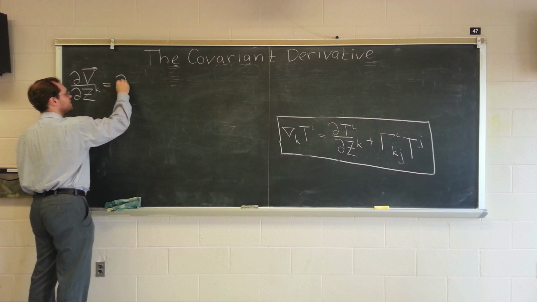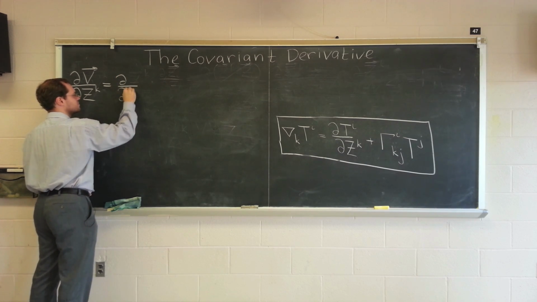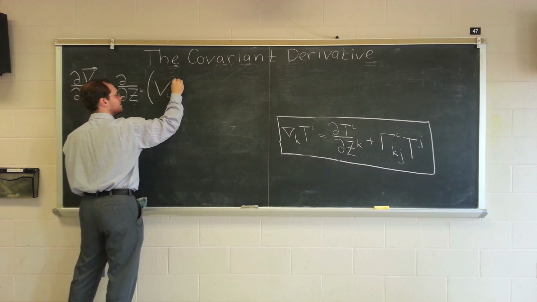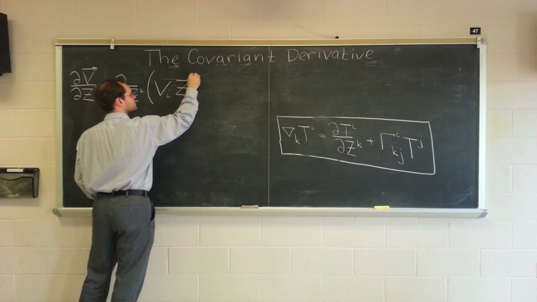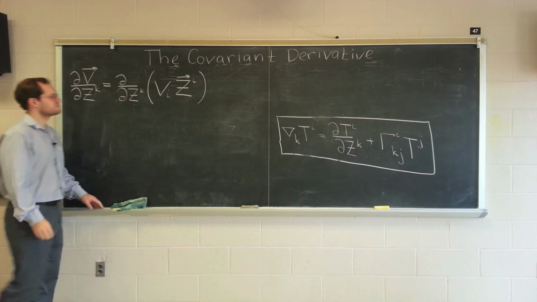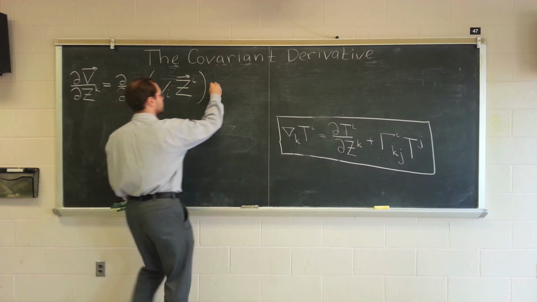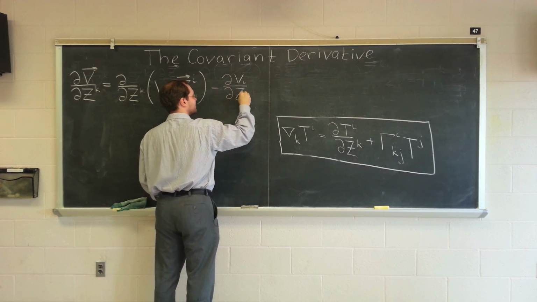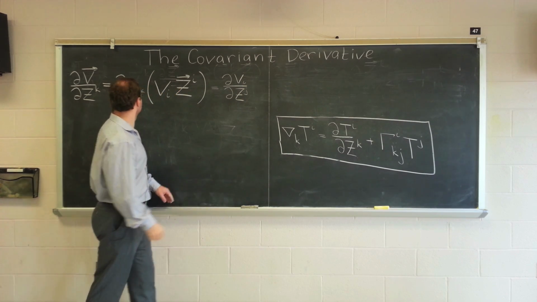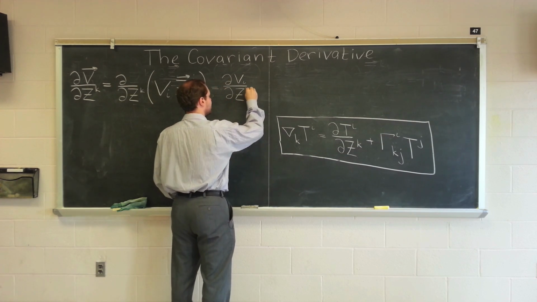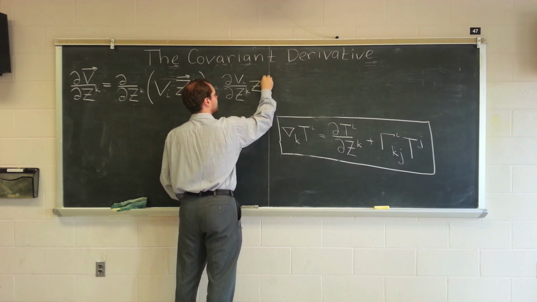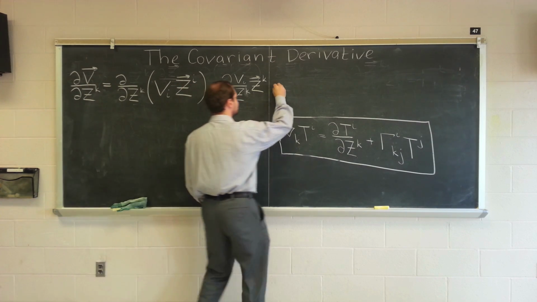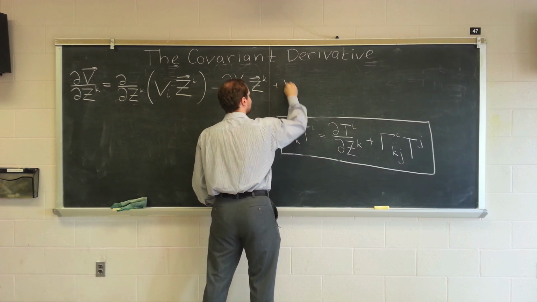But now we decompose v with respect to the contravariant basis. And we use the product rule, and we get dvi dzj, the naive derivative, that's not a tensor, times zi. That's all we would have if the basis didn't change from point to point, but it does, plus vi